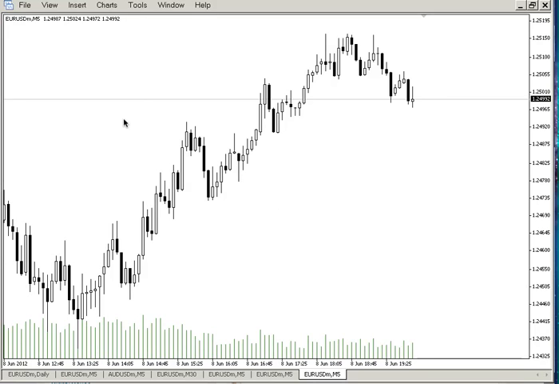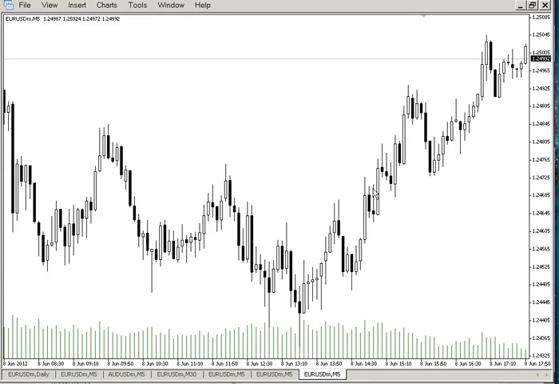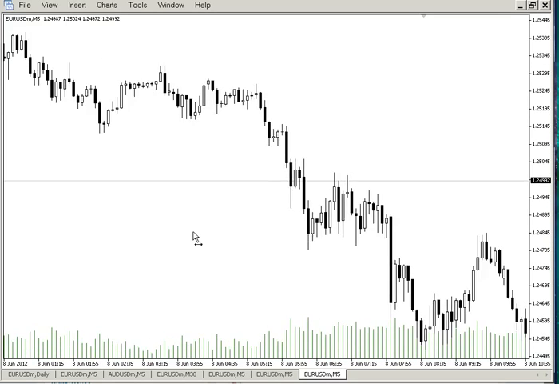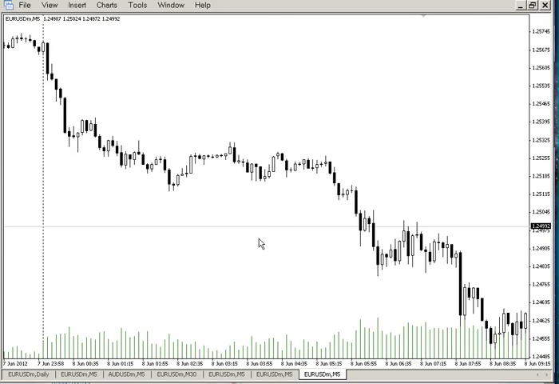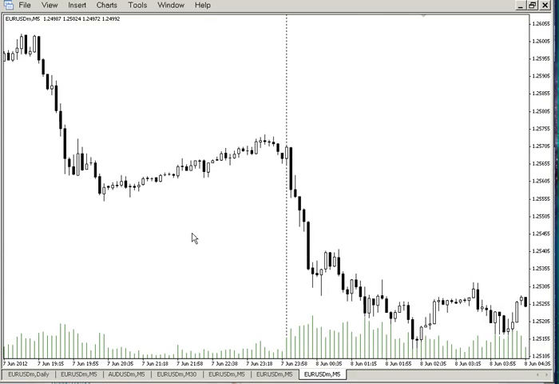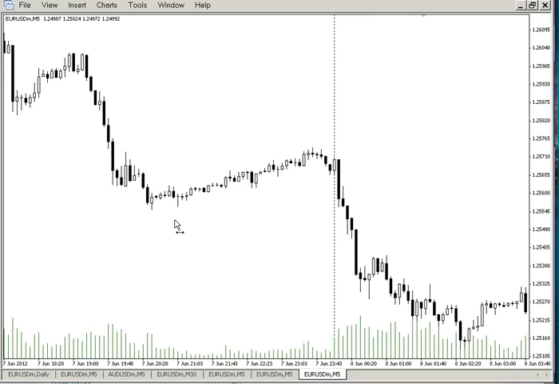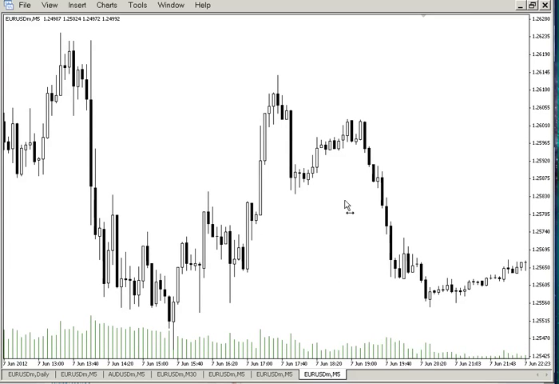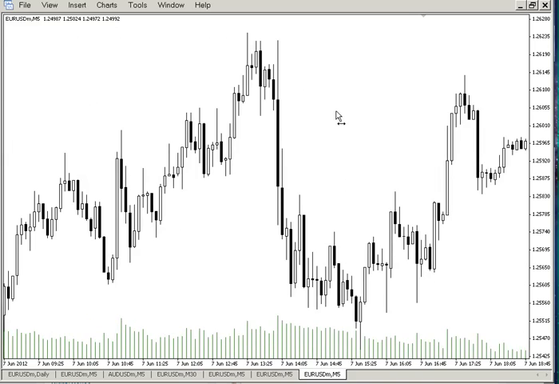Something I wanted to talk about is that everybody's always looking for the holy grail in trading. There really isn't one, of course. There is no system that works every time, but there is a pattern that I use in my daily strategy that I think a lot of people can use, even beginners, and it's so easy to spot, and it works. It works more often than it doesn't. So I just wanted to go over it with you real quick